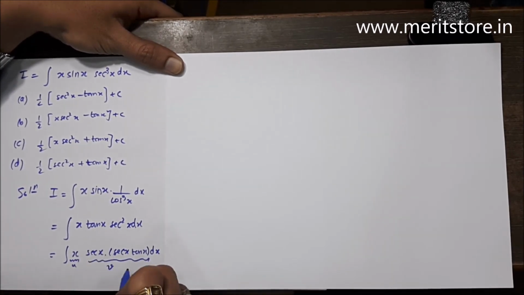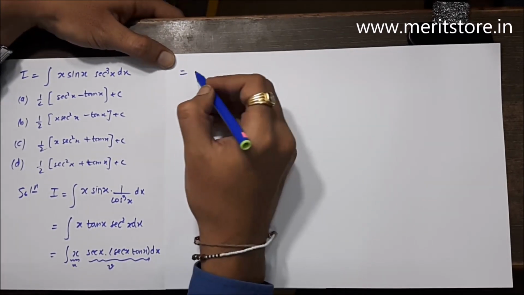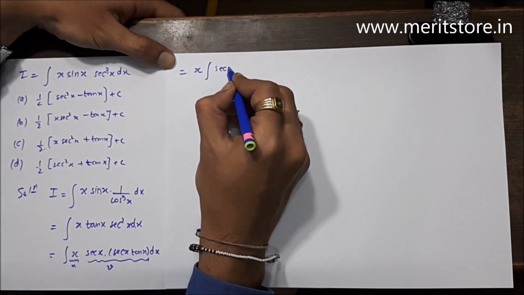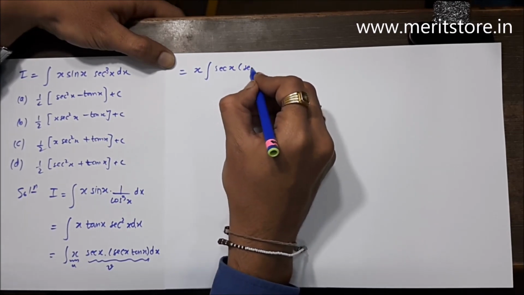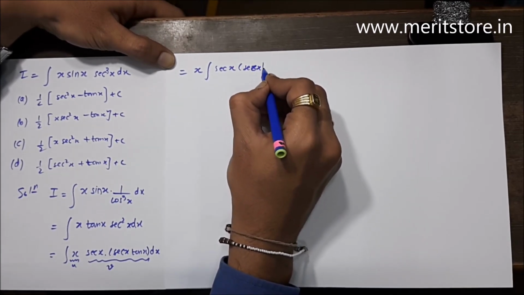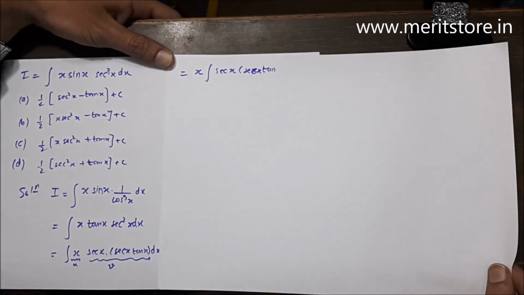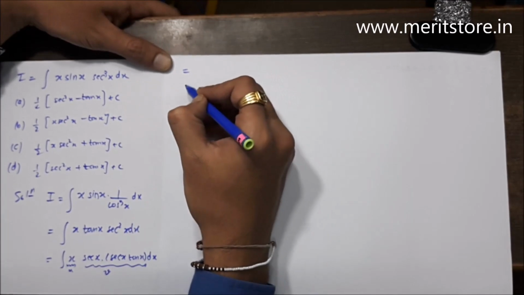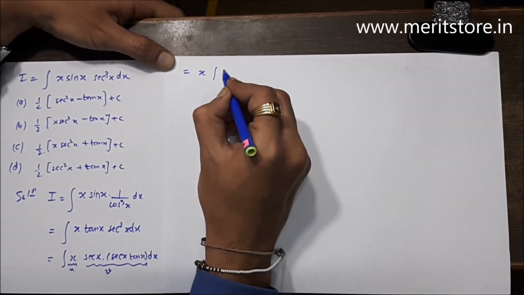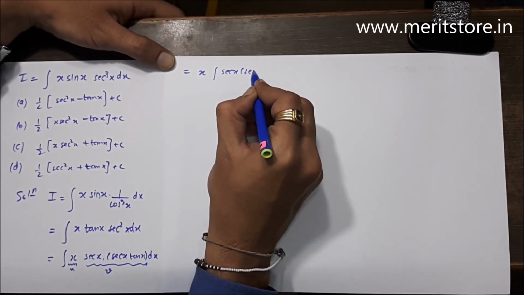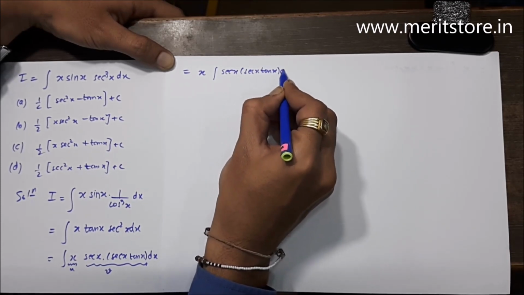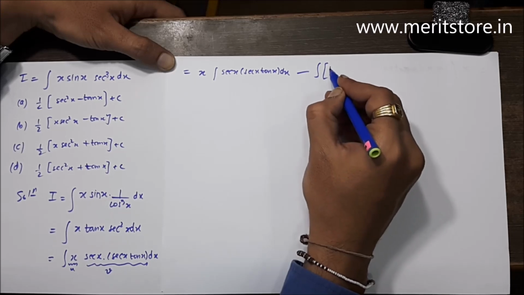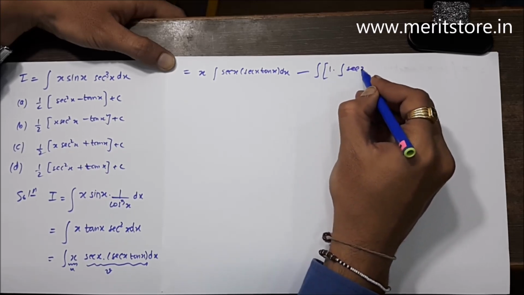We'll now apply u into v over here. It will be equal to u integral of sec x into sec x tan x. We'll now apply u into v. This will become x integral of sec x of sec x tan x minus integral of the derivative of x, which is 1, and integral of sec x